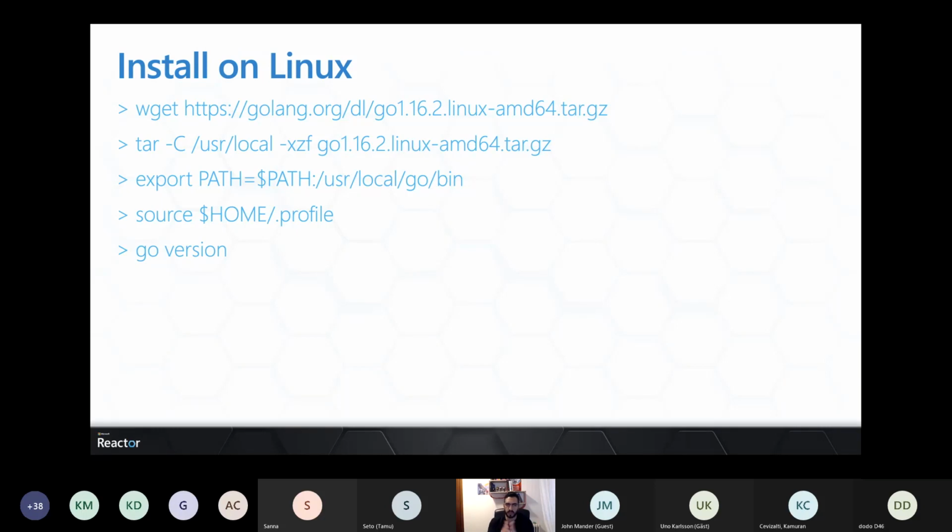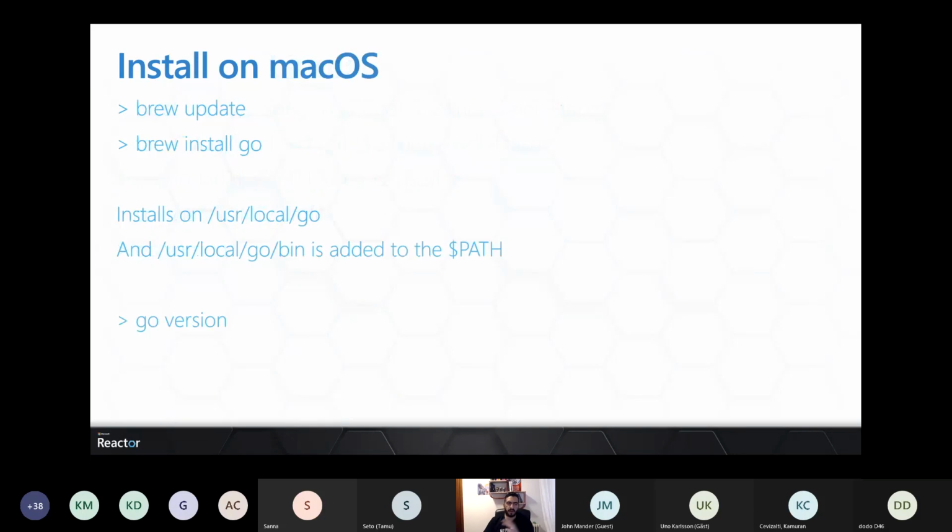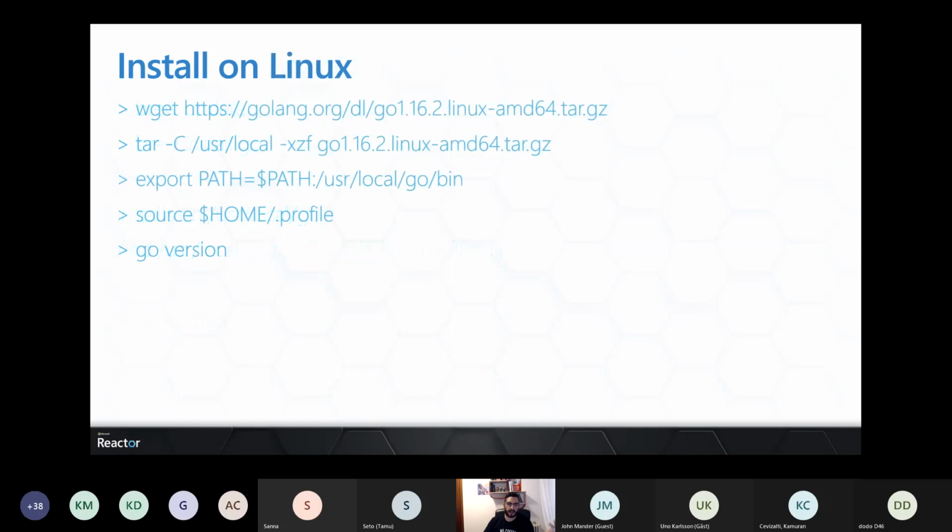Okay, so we simply download the installer, you untar that installer, you export that path. Basically, what you have here automatically, you have to do manually in Linux. You then reload the environment variables, and then you're gonna be able to see the same experience as with a Mac user.